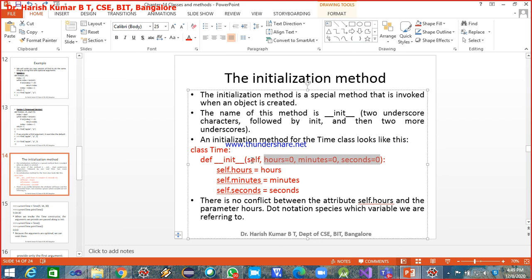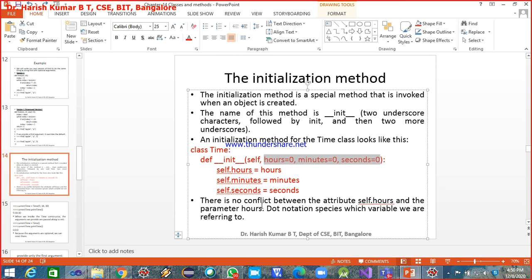Okay, now in case you are not passing anything, by default the self argument will be passed. In case you are not explicitly specifying the values of hours, minutes and seconds, they will be taken as 0, 0 and 0. So in case I don't want the hours to be 0, I want 5 hours, then when I'm creating the object, I'll be passing 5. Correct? So then it takes the value which I have passed. The value which I have passed for hours will be initialized as the hours attribute of the self object, or the self instance.